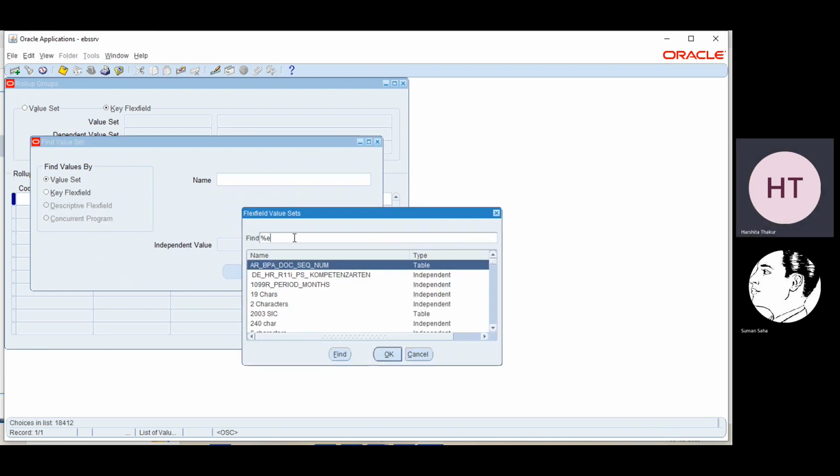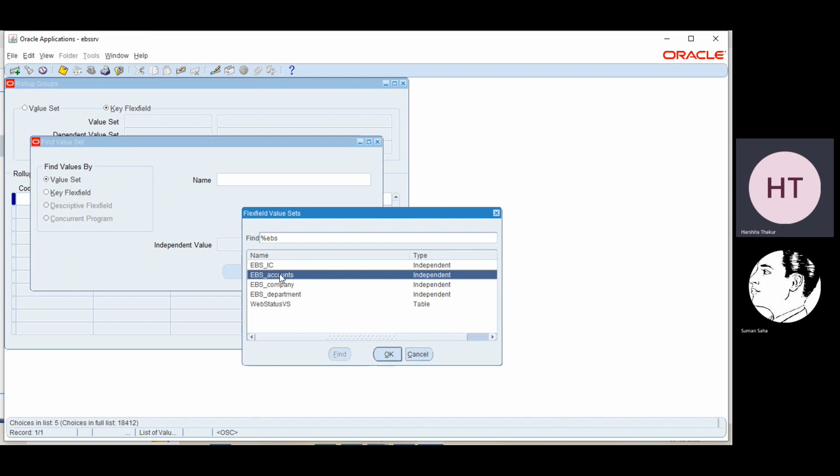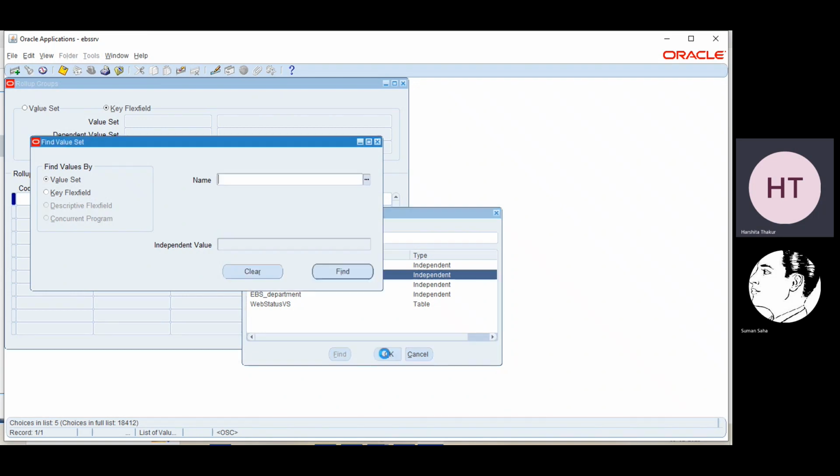Give here EBS, and find. So all the created value sets are coming. We have created EBS intercompany, accounts, company, department, all four are coming. So I'm going to create a roller group for accounts. I'm selecting the EBS accounts value set and say OK